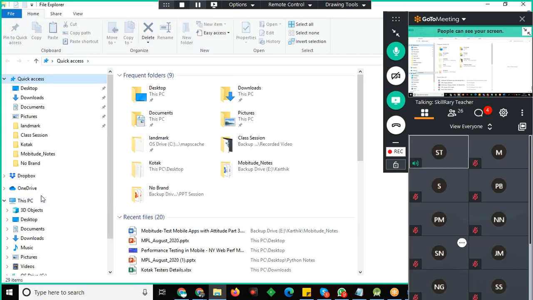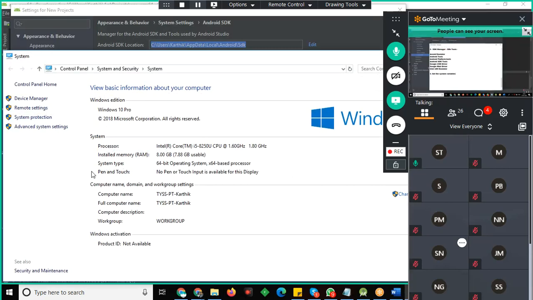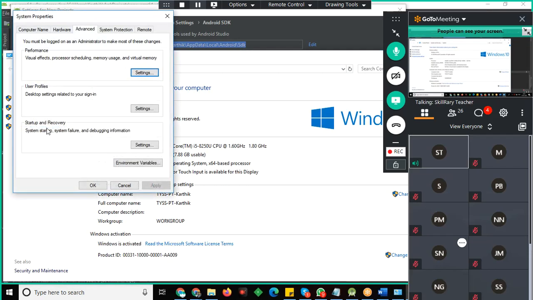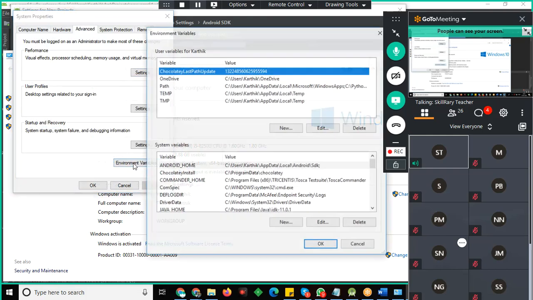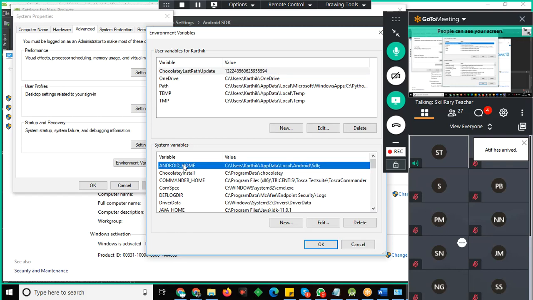Go to Properties, Advanced system settings. There you will go to Environment Variables. Under Environment Variables, you will be creating a new variable called ANDROID_HOME.